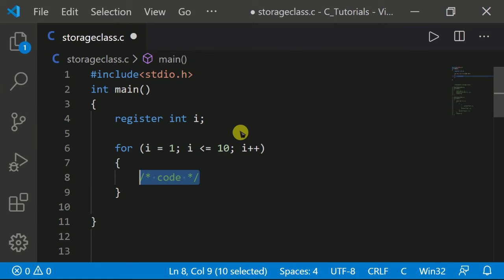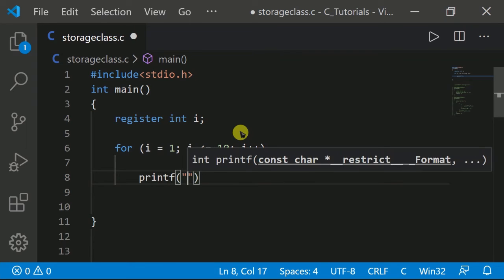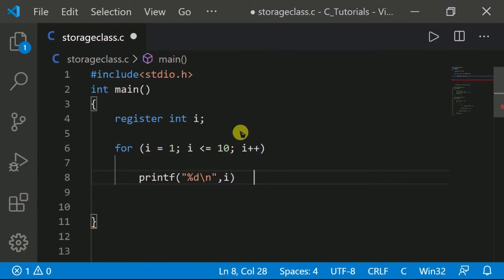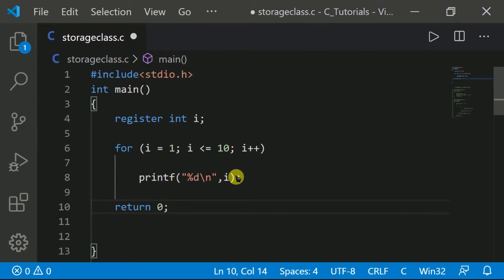Then I will use the printf function to print the value of i followed by a newline with \n. After that, simply type return 0. That is the program on my display.